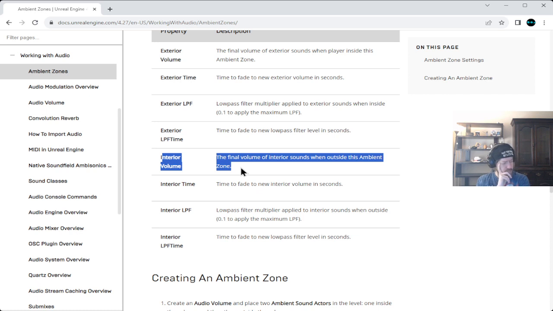I guess the LPF would be the one controlling the volume of said structure. It will determine, okay, even if the interior volume is this, if the person's outside, this is going to be its volume. The LPF will override it.